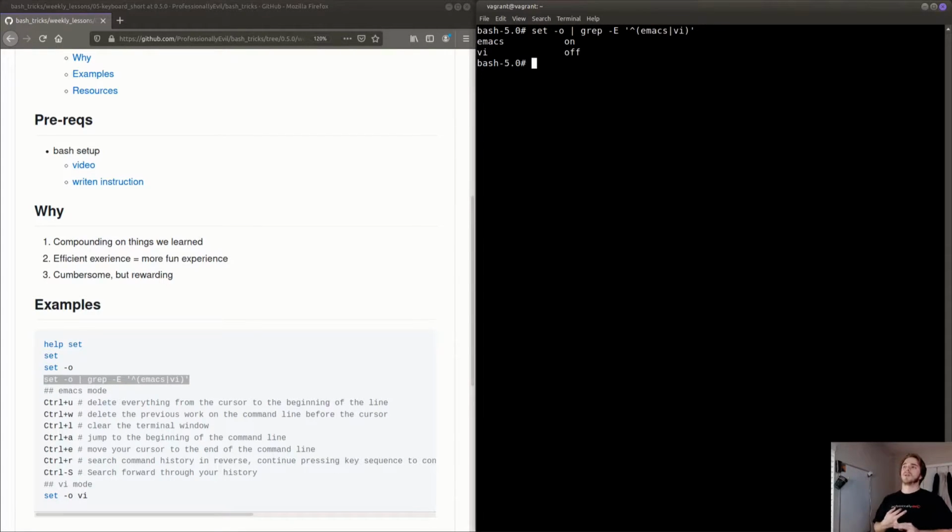Which is the one that I prefer more, just because I'm more acquainted with the actual Vim key bindings. But since the Emacs mode is default, we're going to go ahead and go over what the keyboard shortcuts for the Emacs environment are. As you can see, we're in Emacs mode because it says Emacs on and Vim off. So just to show you